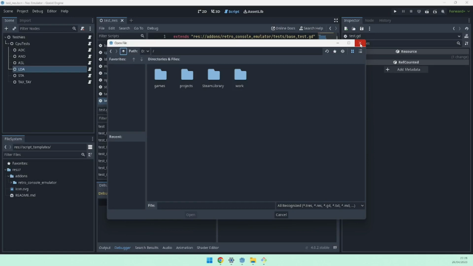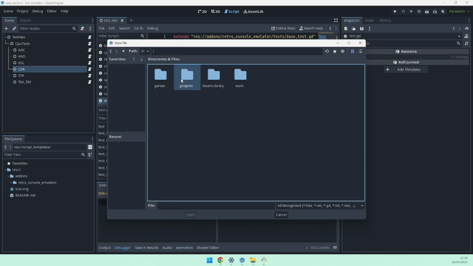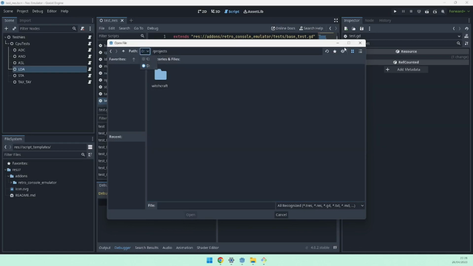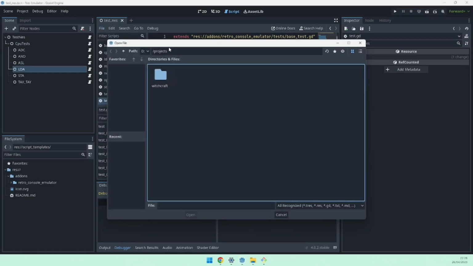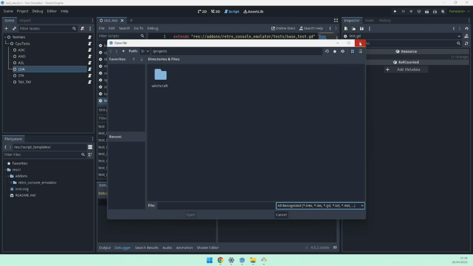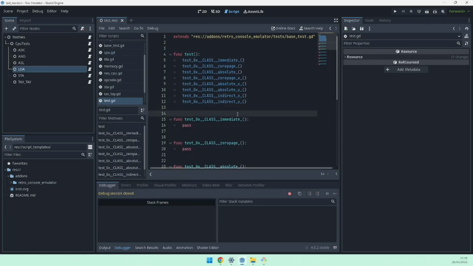Oh, this is okay. That's interesting. It is looking in the file system and not in the project. It's strange that it doesn't even see my project folder in here. Maybe it's ignored on purpose. That's weird. Anyway,